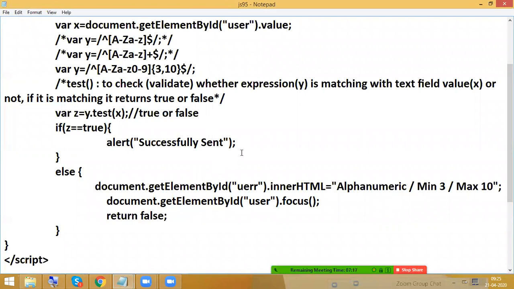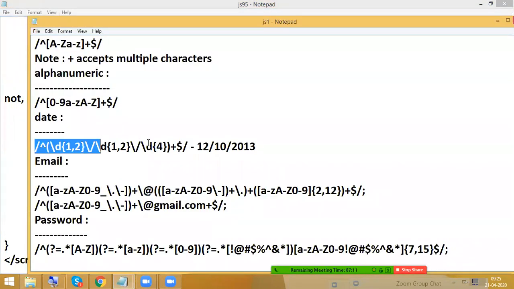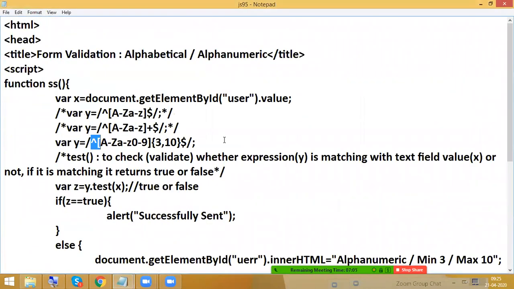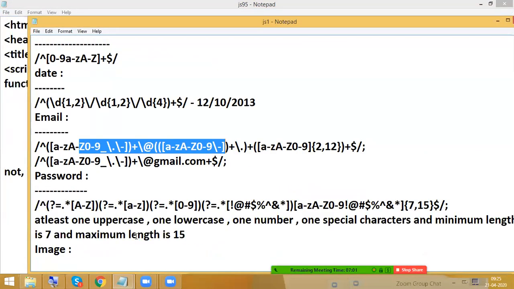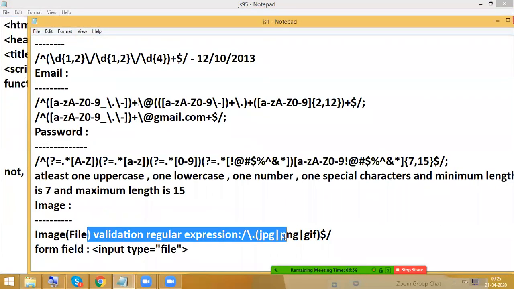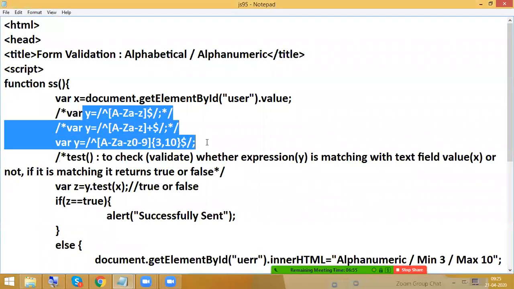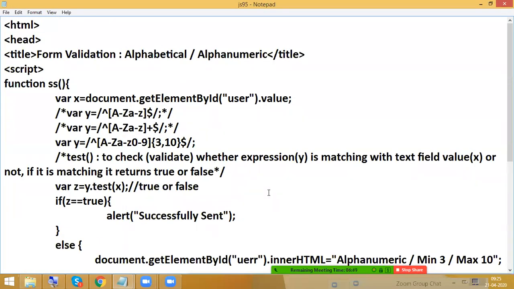How can I say everything is completed? In tomorrow's class, I will explain date validation. I will add it here. That's it. And next I will discuss email. Then I will discuss password. Then I will discuss image like this. That means if you understand one example, then based on that, the remaining will be completed. Okay, fine. So today I'm stopping here. Just practice up to here. So tomorrow I will explain email validation and everything.